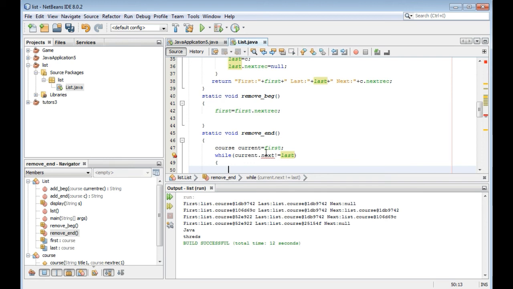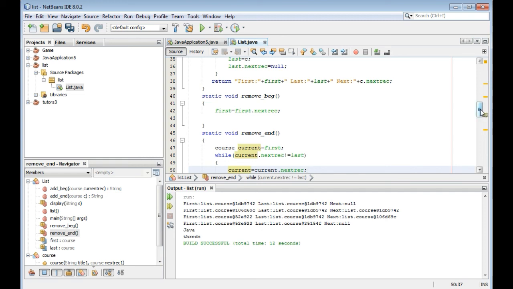How to remove from the end? Let's comment this out, and we add remove at the end. So we have static void remove end, remove from the end.